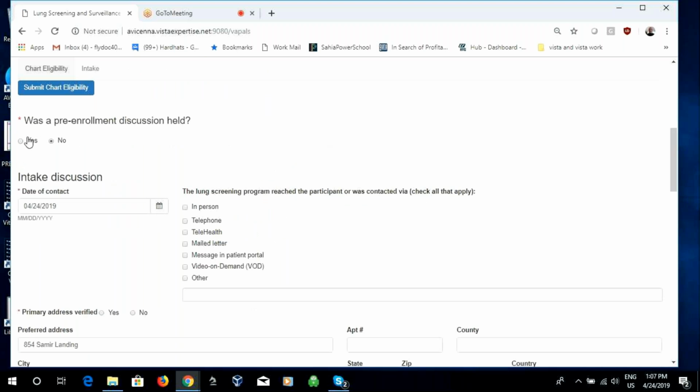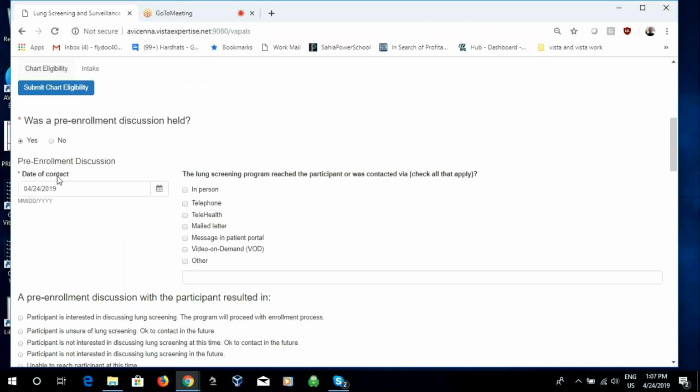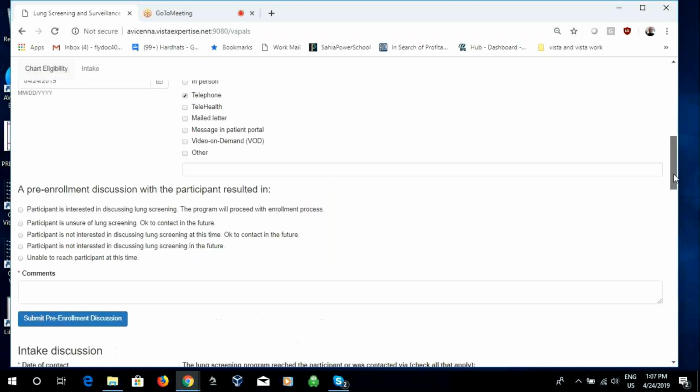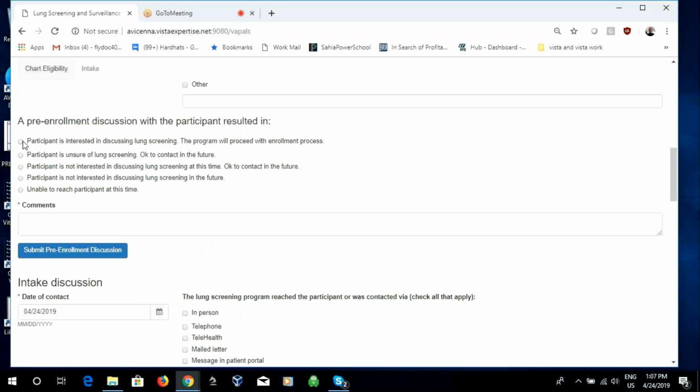So you can imagine I can get this patient on the phone and I can say, hey, do you want to come in and get enrolled for this program? So let's say we're going to have a pre-enrollment discussion. We've got a default date. I did it by telephone, and it resulted in that they're interested. And so we're going to proceed with the enrollment process, and maybe I'll say something like the patient will come